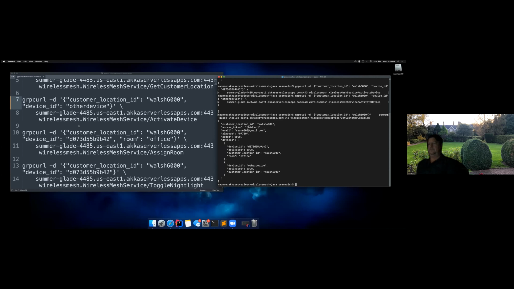So this is the shocking part of the demo. Will be especially for me. It's kind of dark in here. I'll toggle that Nightlight. So I'll